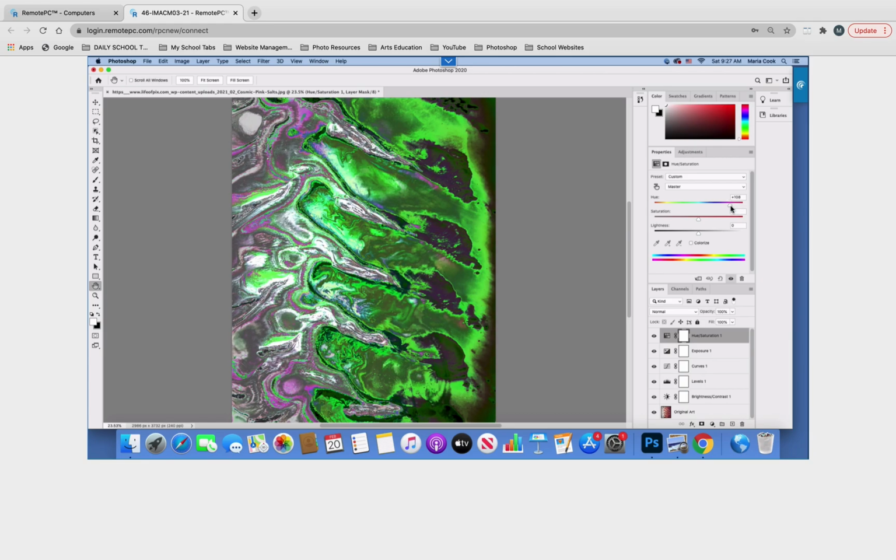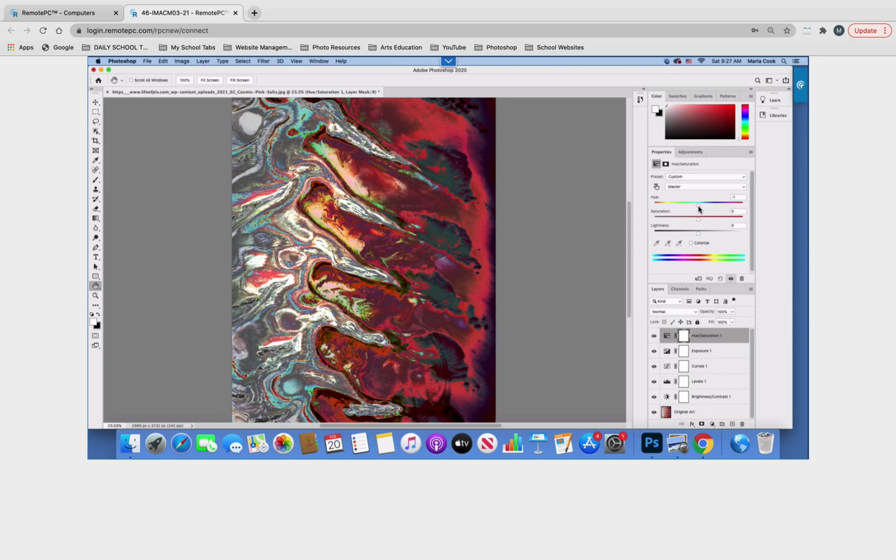I think that makes a nice combination. Now, before I stick with that, I'm going to go straight to the middle again. This is where I started, because I want to show you what happens if I don't use master. What if I only want to change the reds? Okay, so everything would stay the same on here except where there's red